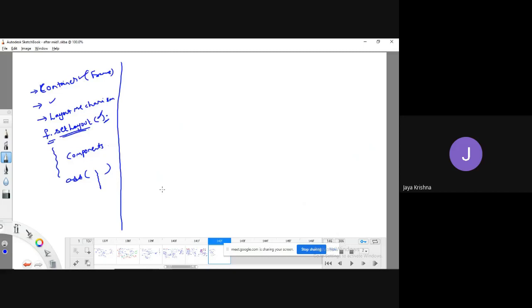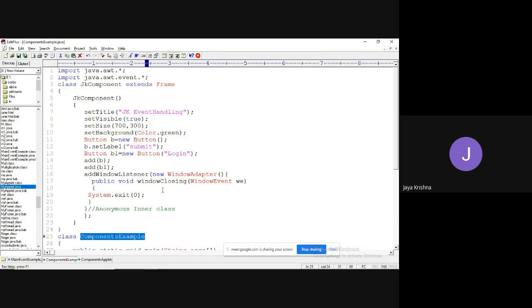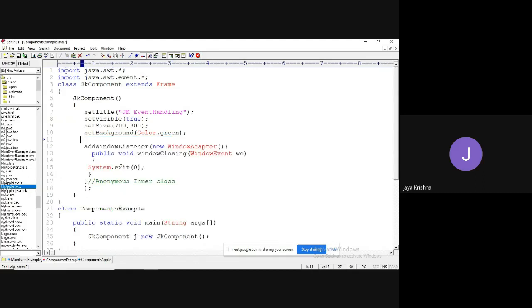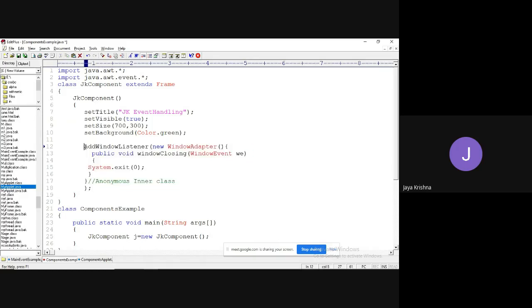Okay, now what I will do is, you can take either a frame or an applet or whatever it may be. For that you need to set some kind of layout mechanism. If you take the frame, by default what kind of layout is applied? Border layout. Okay, right. So I remove everything. Guys, I hope you understood why I made this anonymous inner class: to support the feature of the closing button. Yes, I made it like this.